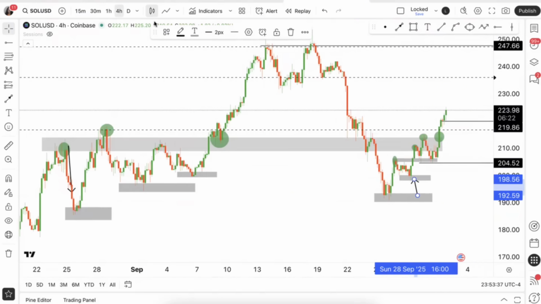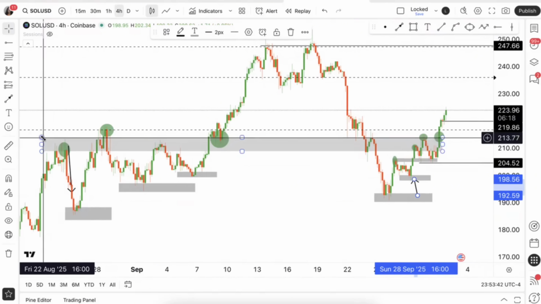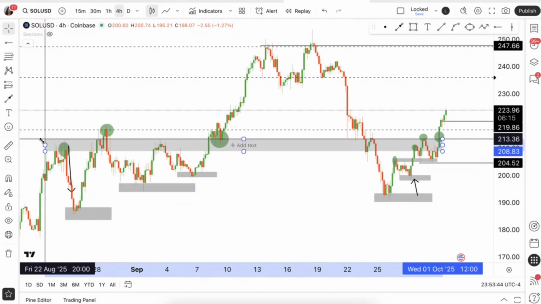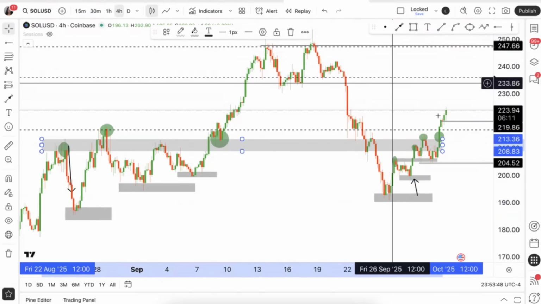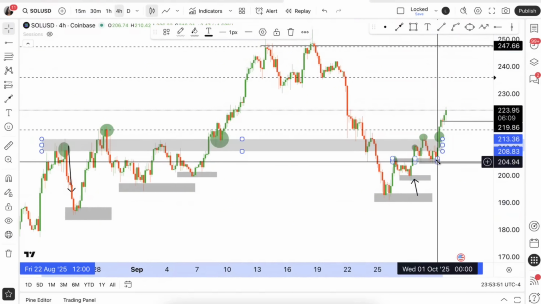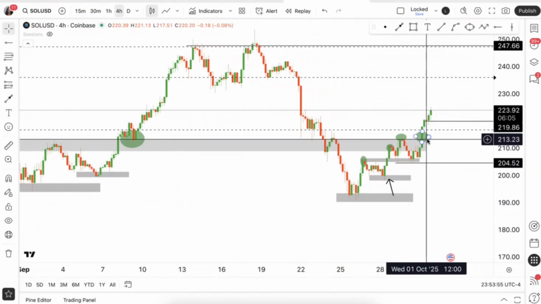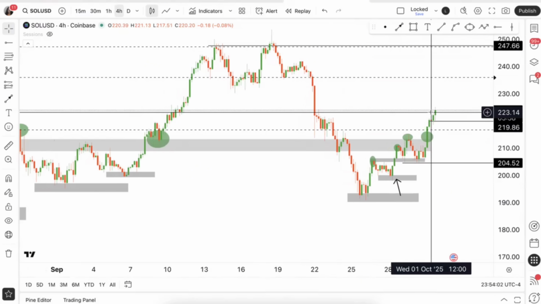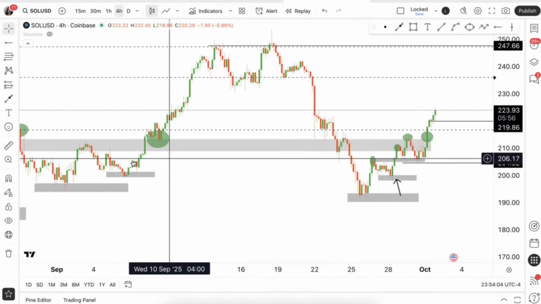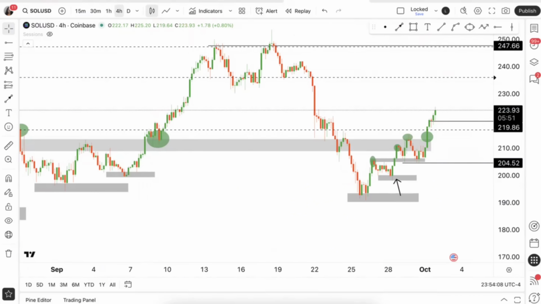But remember that level that we were looking at on the daily, or not even the daily, just say the 4 hour. This level right here. Remember, anything above this level was going to go bullish. What did we do? We came above this level and we went bullish. Right above this level. And price went bullish. So I'm looking for price to have the same reaction it had here all the way to here. As you can see, I'm already in a trade.